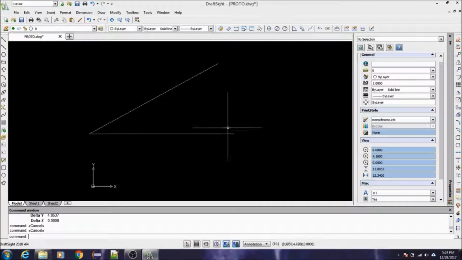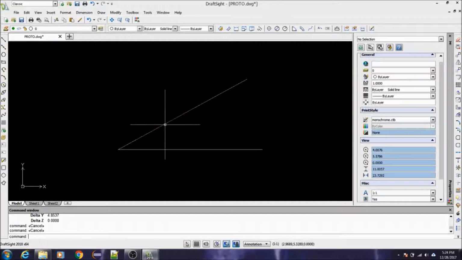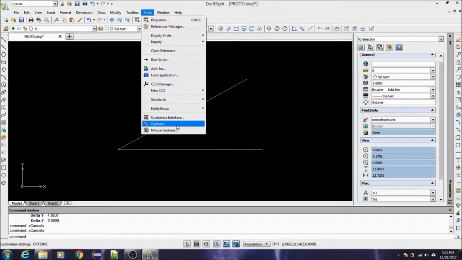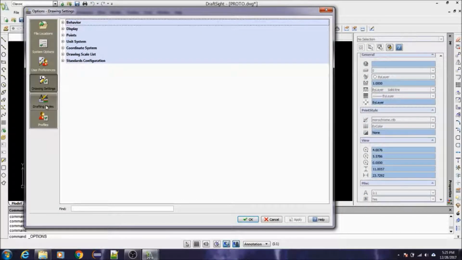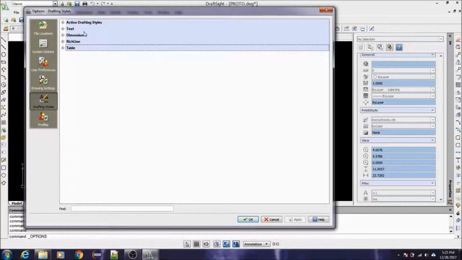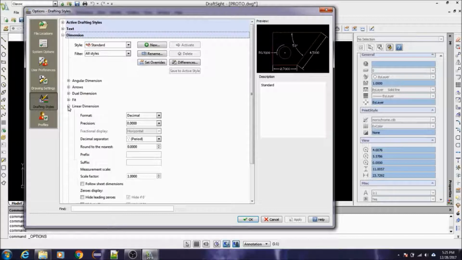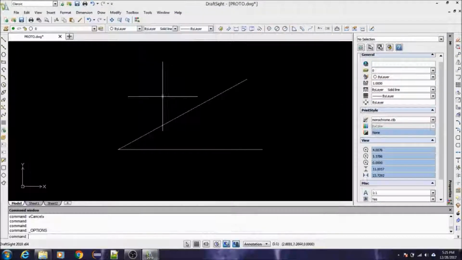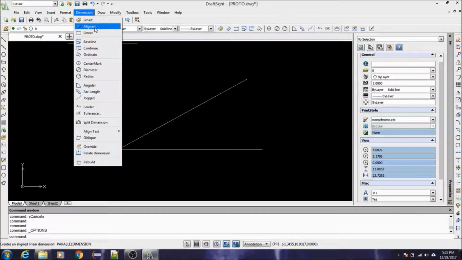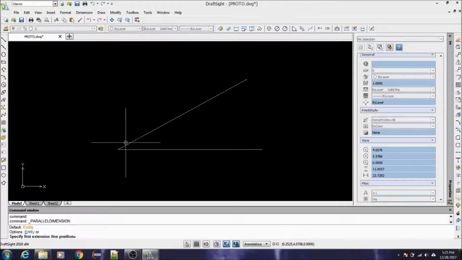Okay, so now on dimensioning a line, how we want it to be displayed. If we go back to Options and this time we're going to go to Drafting Styles, and we want to go to Dimension, and here we're actually going to do linear dimension because we want a dimension along the line, right? So if we leave it, the default's decimal precision 4 places, right? If we go up here to Dimension, go to Aligned, and you can see how that little yellow box pops up when you go to do some type of draw command or edit command,